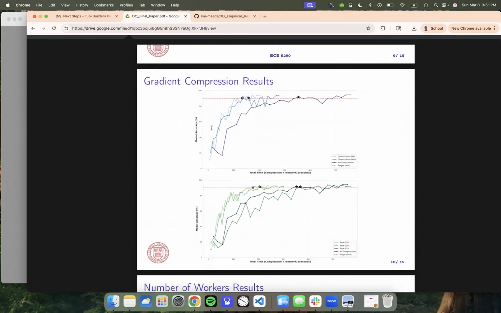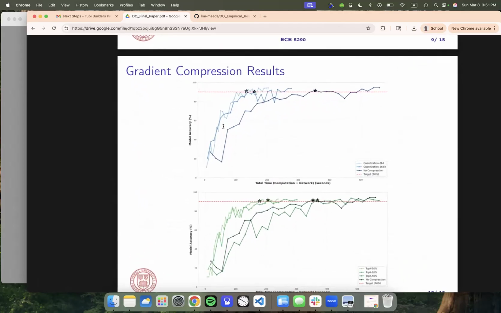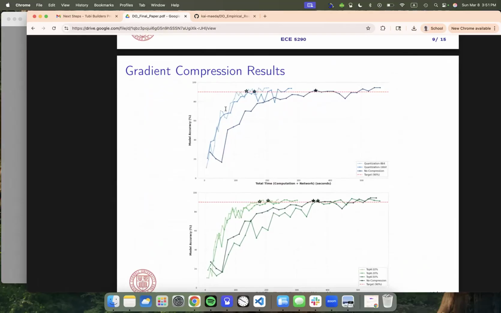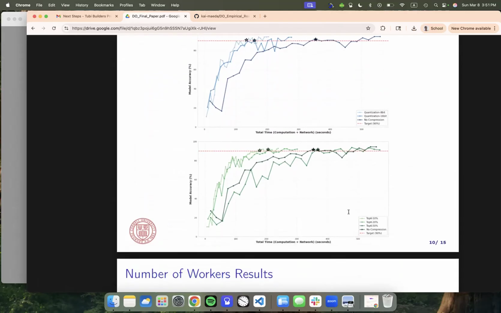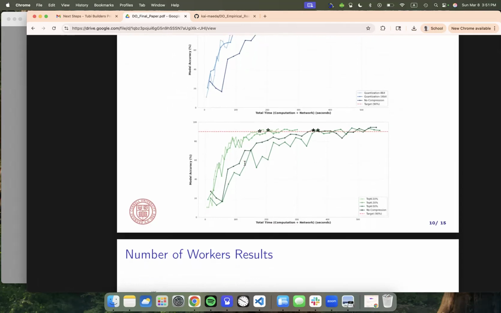Now let's go into our compression results. Because the dataset was so simple, we were actually able to compress our weights fully, both on the sparsification and the quantization side. We can quantize all the way to the 8-bit width, and that was the quickest. And for top-K sparsification, we were able to use just the 7% most relevant weights, and that was enough to still maintain accuracy while speeding up our program a lot.